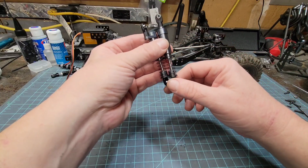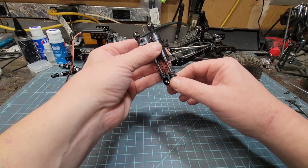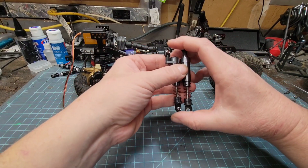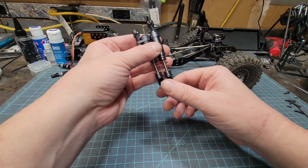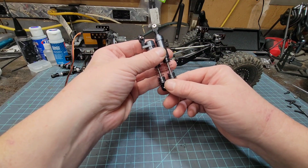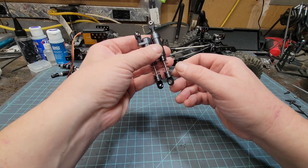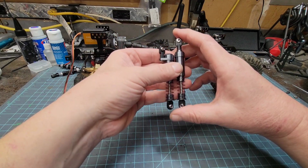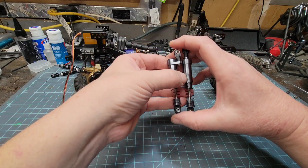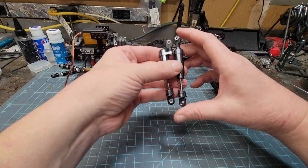The other reason is, especially for the Class 1, I don't want a whole lot of articulation. I want to make sure this truck is going to be stable on climbs, on side hills. I don't want it to unload, and if it does unload, I don't want it to unload a lot. So I like to keep it limited on the down travel. So with that said,